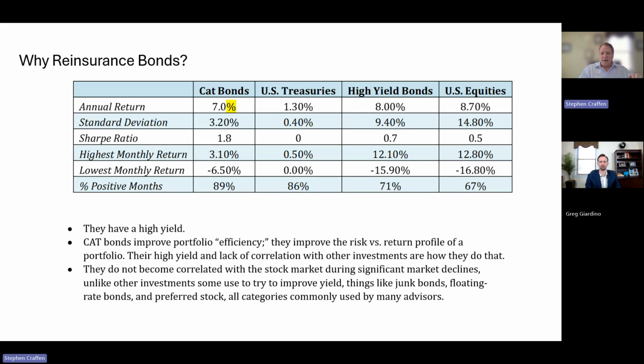And what's great about it, it has almost no relationship with other assets in our client portfolio. It's had very few really bad years. Even in the year Hurricane Ian hit, for example, I think we were down maybe only 2 or 3% with the reinsurance bonds. And even in years when, for example, 2022, when bond mutual funds really got hit when interest rates rose, we saw almost no effect with the reinsurance bonds. So it's a phenomenal diversifier.